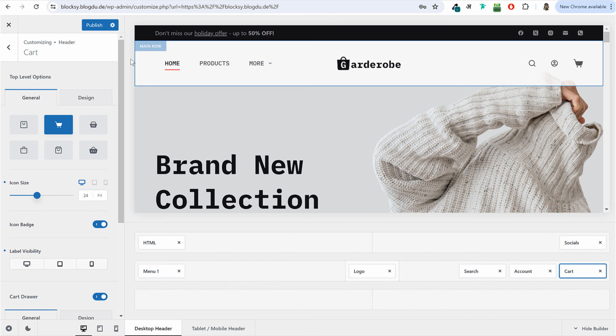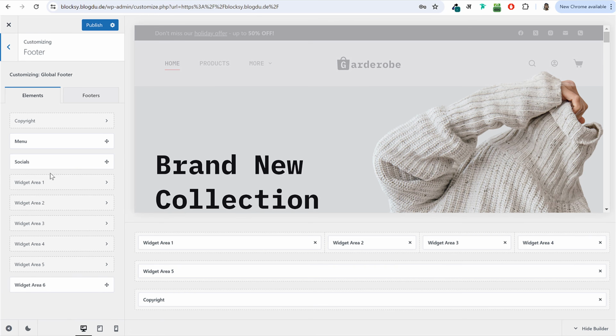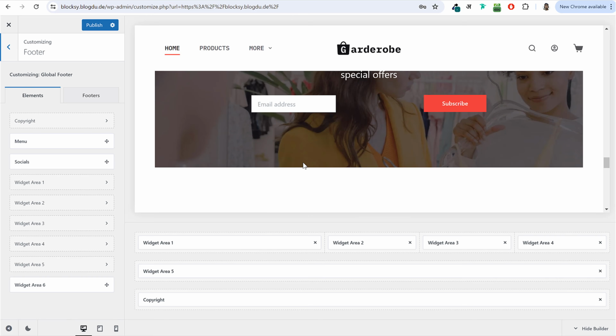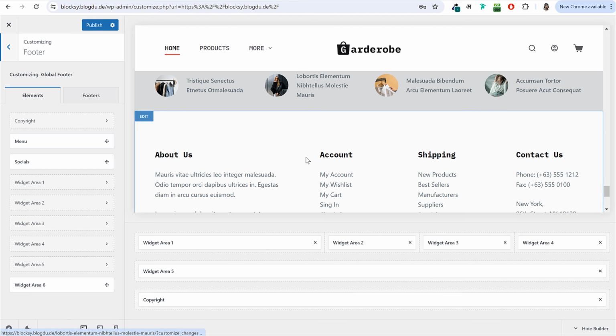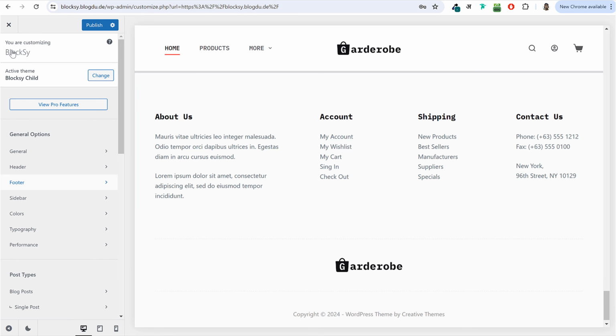Similarly, we also have footer builder. If I come back again, we have footer builder as well. If you click on footer and go at the bottom, okay, you can change your footer. All these options, you can change different options under footer. Then after that, we also have a lot of options